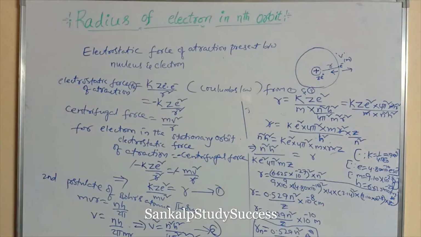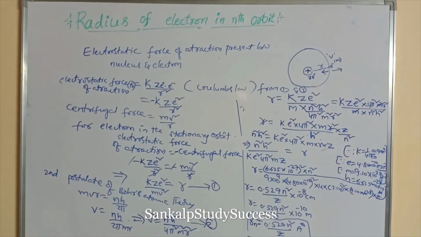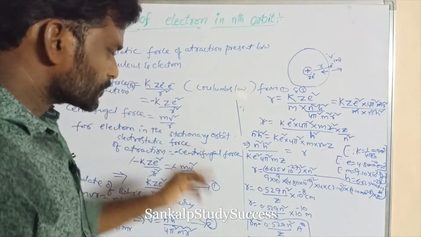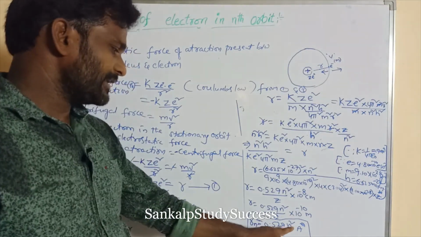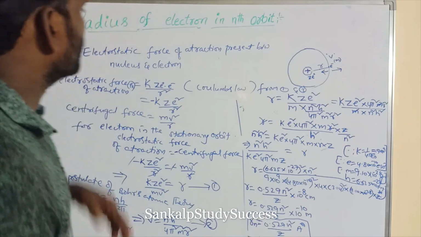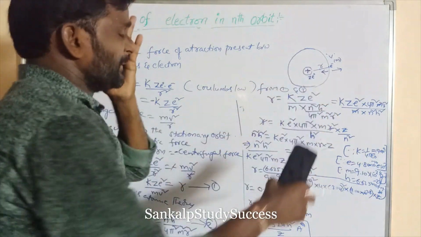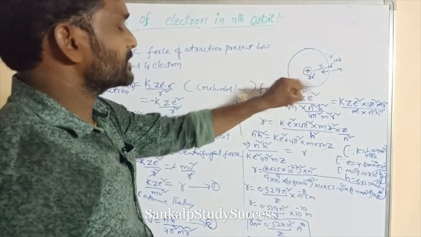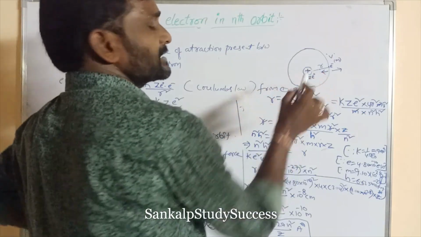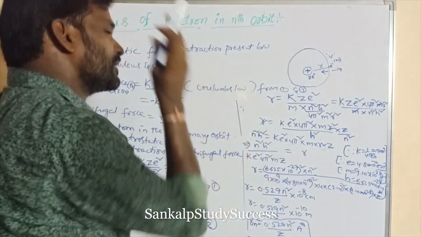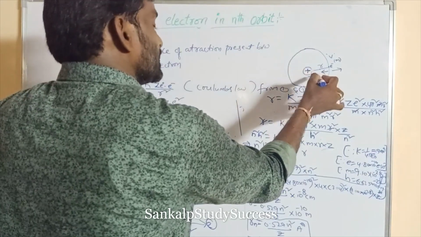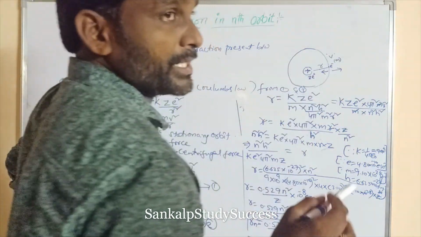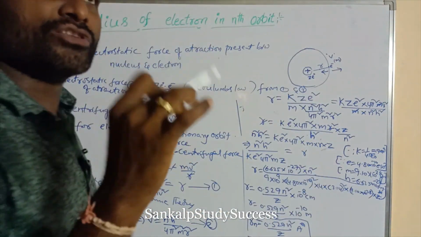Okay, now next. So this is r n is equal to 0.529 n square by Z angstrom. Once again, this is the nucleus, this is the electron having negative charge. Next, the nucleus charge is positive. Suppose the nucleus contains Z protons. What is its charge? Its charge we can say is Ze plus. Why can it be written as e plus? The charge of proton and charge of electron are equal. What is its value? 1.60 into 10 to the power of minus 19 coulombs.